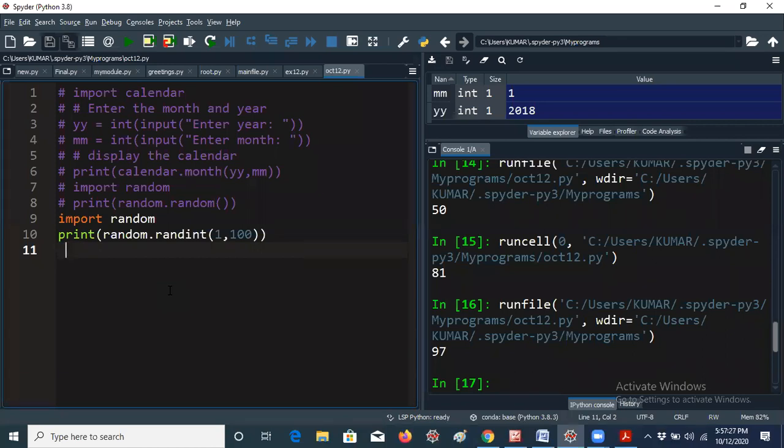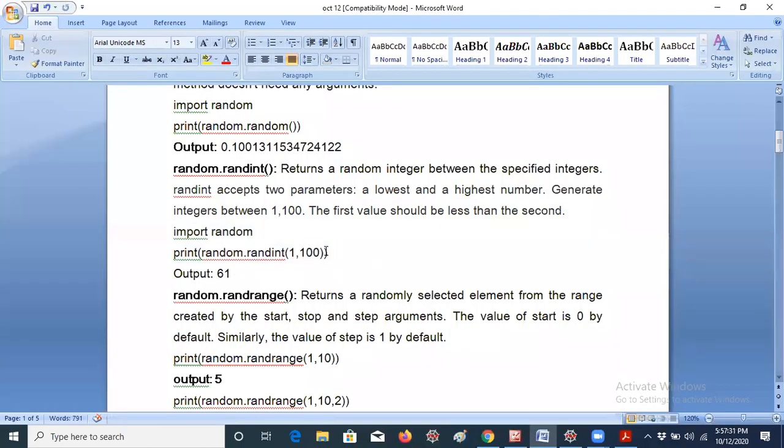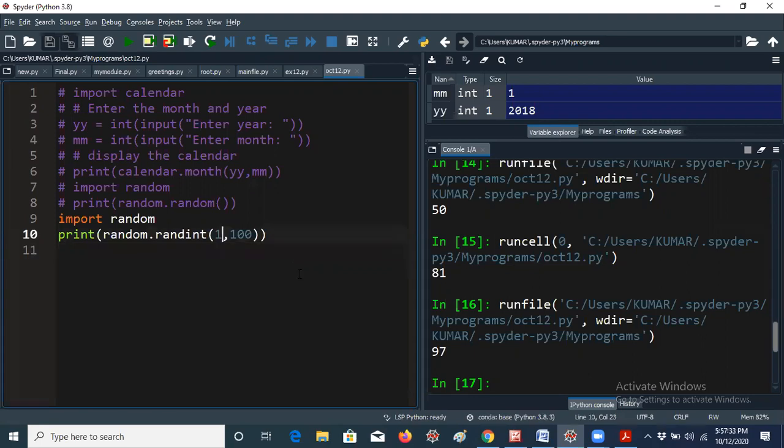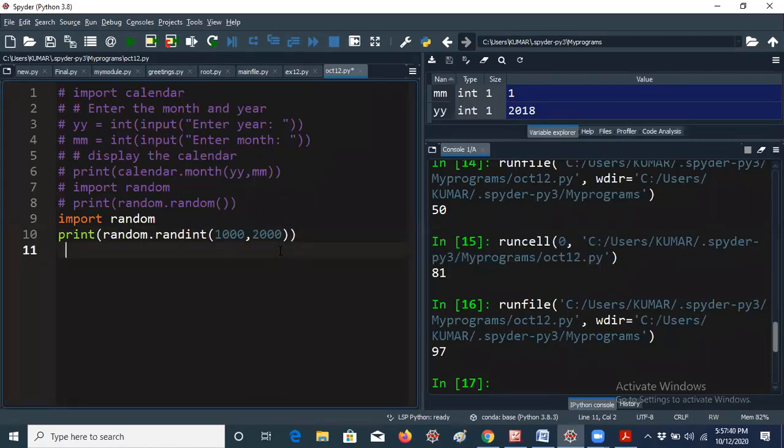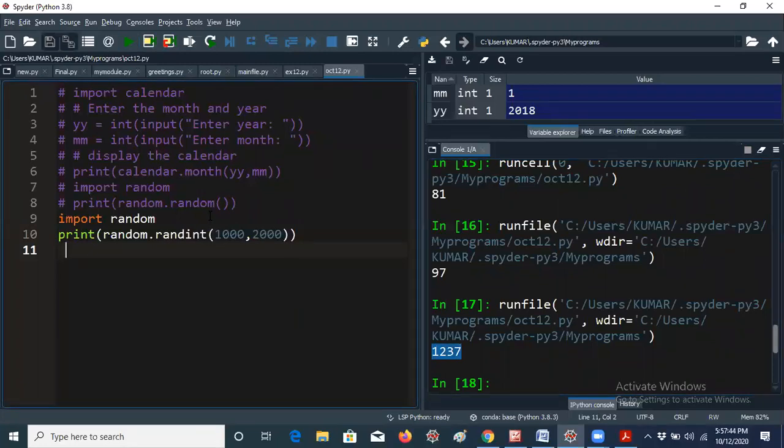But I'm telling this for general example purposes, a real-time example, like 1 comma 100 if I'm giving like this. For example, let me remove that and give 1000 as the starting value and 2000 as the ending parameter. Let me run this now. I'm getting 1237, so it is a random element. Then 1121. You get so many OTPs, but it will never repeat the same one again and again. So it is the same like this.